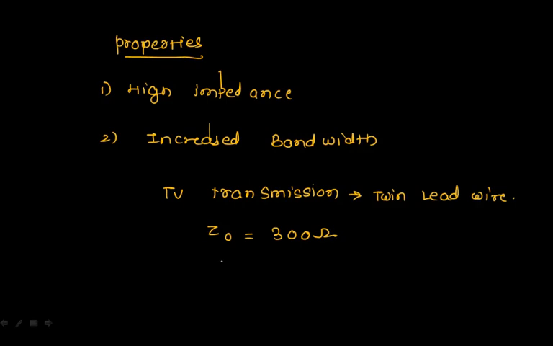So coaxial cable is 75 ohm, twin lead lines have 300 ohm, and my antenna impedance, if I'm talking about the dipole, is only 73 ohm. So this doesn't work. This particular dipole antenna will not be matched to my television transmission or work efficiently with my television, so that's why this structure is adopted, which is called the folded dipole antenna. Now we need to talk about the input impedance of the folded dipole antenna.